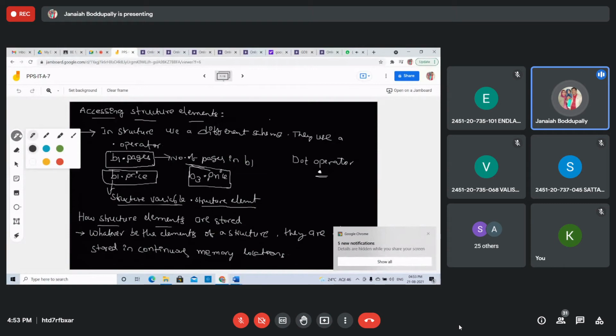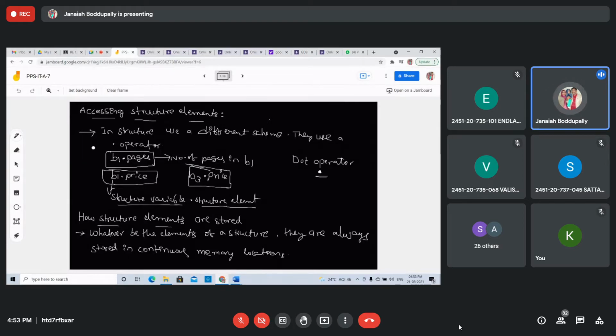Next, accessing. How to access the structure elements, students? How do we access the array elements using the index, the subscript? A[0] is the first element, A[1], A[2], like that. Same like that, we can access the structure element using the dot operator, in a different scheme. You can use the dot operator to access the structure elements. How do you write it? B1 dot pages.